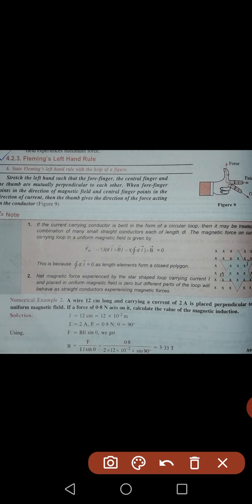The force is this much. Calculate the value of magnetic induction, that means B. You are asked to find B. Since it is a current carrying conductor, it has a length. The length is given as 12 centimeter. So which formula will be used? We have a formula I already gave you, that force is equal to